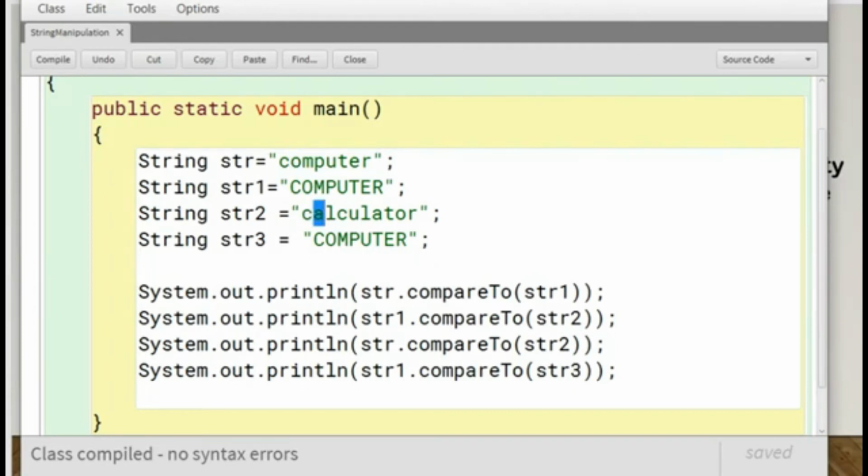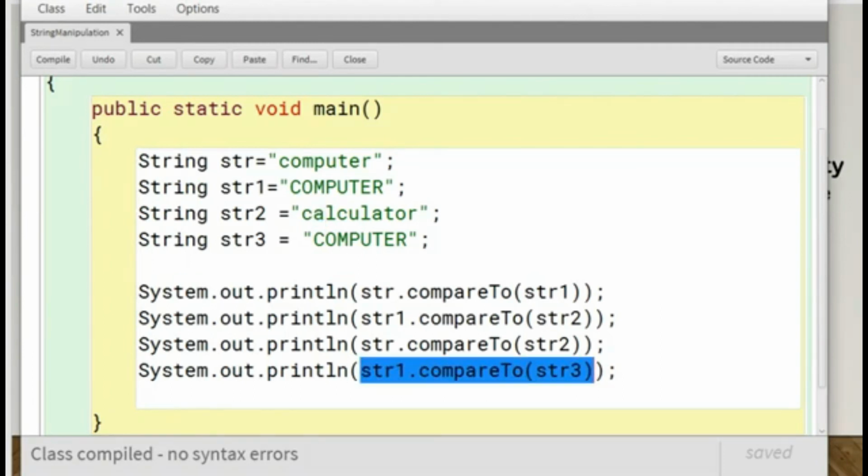So it compares O with A: the character at the first index of str, that is o, and the character at the first index of str2, that is A. The lowercase character o has an ASCII code greater than that of A, so it just prints the difference between o and A.